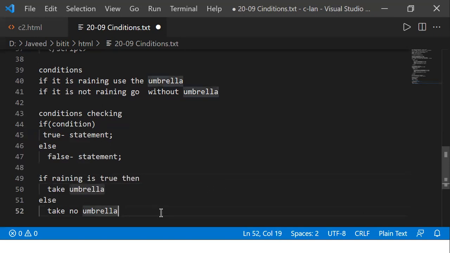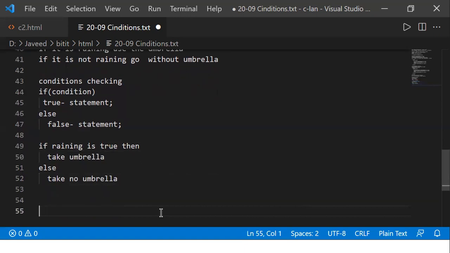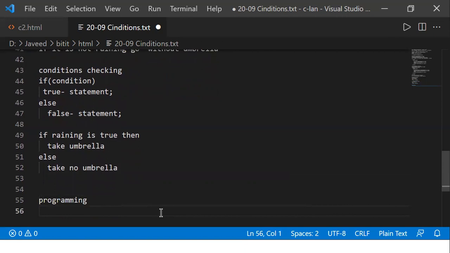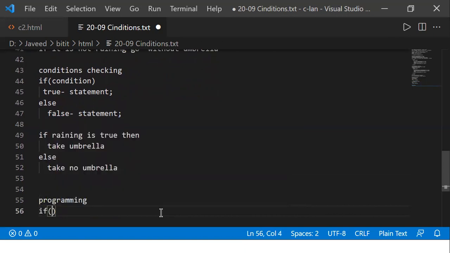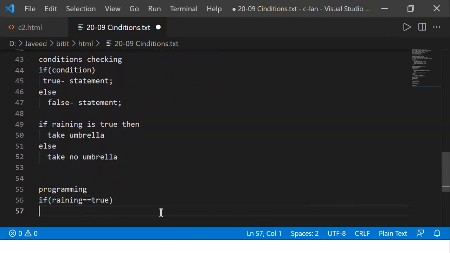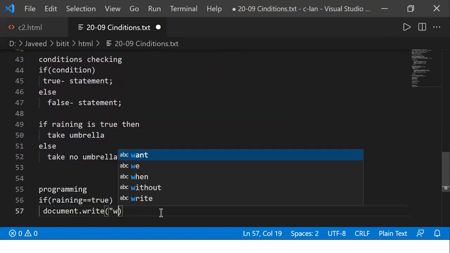But when you talk about programming, let us say JavaScript, we'll write like this. If raining is double equal to true, then take umbrella. Let us say I want to print the message onto the screen, so I use document.write, and I'll say with umbrella.